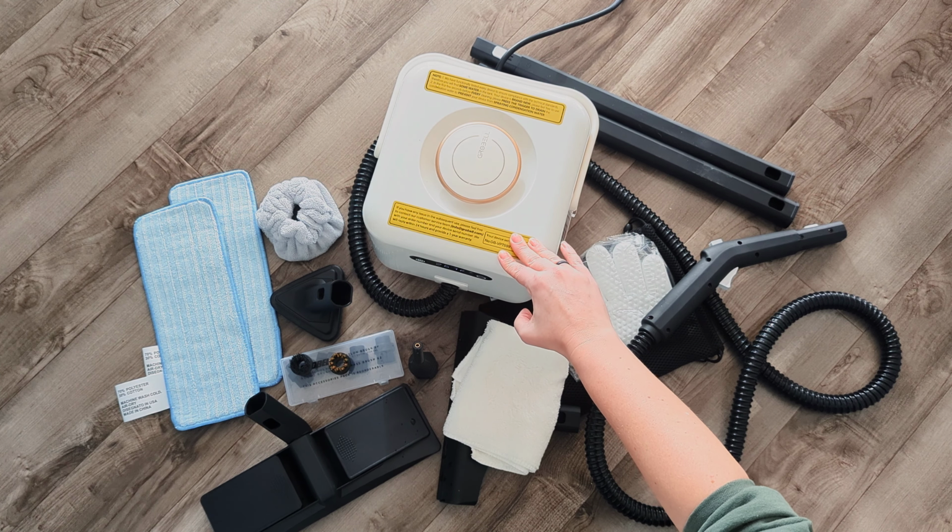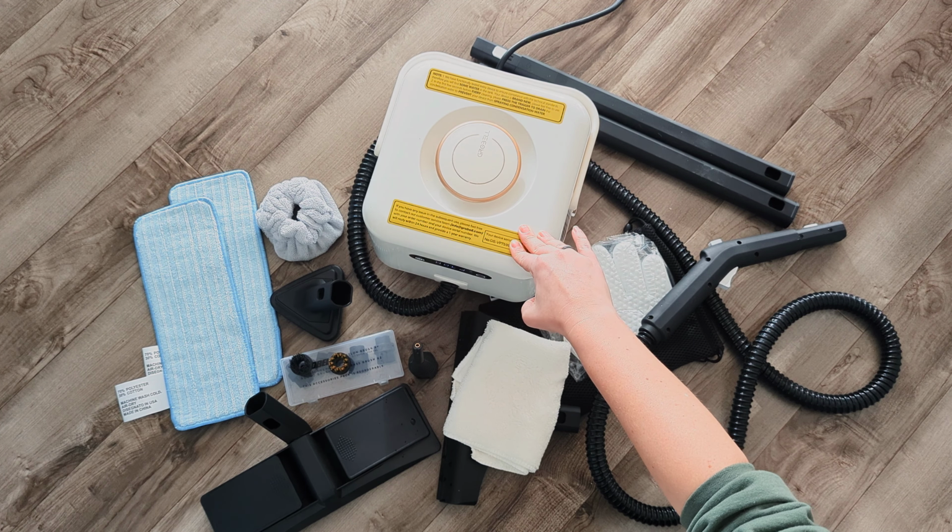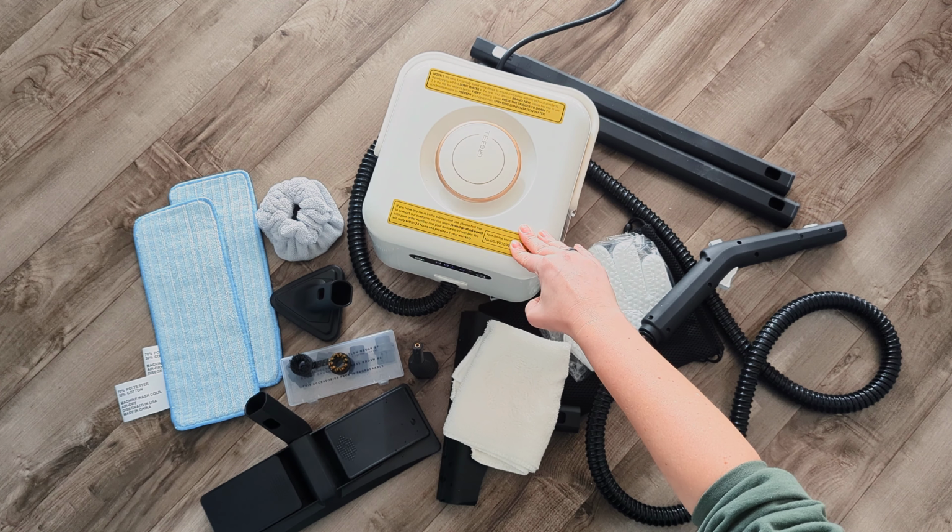And I will note the downsides to this, which aren't really a lot. It is a little loud. You might be able to hear as it pressurizes. It does make a bit of a noise, which